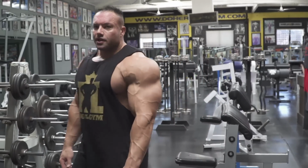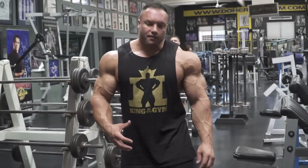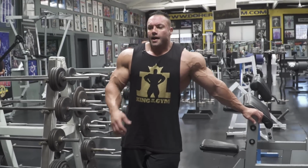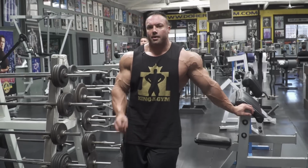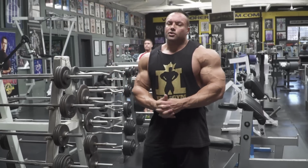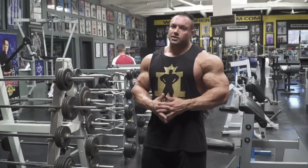Drop sets, supersets, all that sort of stuff, giant sets, I don't think they're bad. I just think of it this way, anything that gets in the way of your progressive overload is a negative. So if you were to do those things first, and then you go into doing your squats later, there's no way you're gonna hit your targets with your squat and be able to hit the overload. So anything that's gonna weaken your body, you wanna try and avoid that to the best of your ability and put that last. If you've got the ability to put that last, I'd always do that, because your body